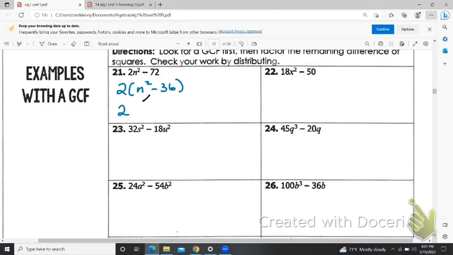Now, this part is broken up using the difference of squares pattern. So n plus 6, n minus 6. Notice that the 2 that's on the outside does need to be rewritten with your final answer, but it is only out there one time. It does not go in front of both parentheses. 2 is a very common one, but it doesn't have to be a 2. It could be a larger number,